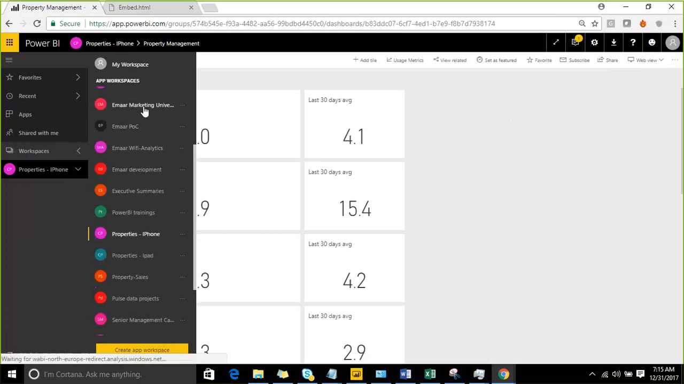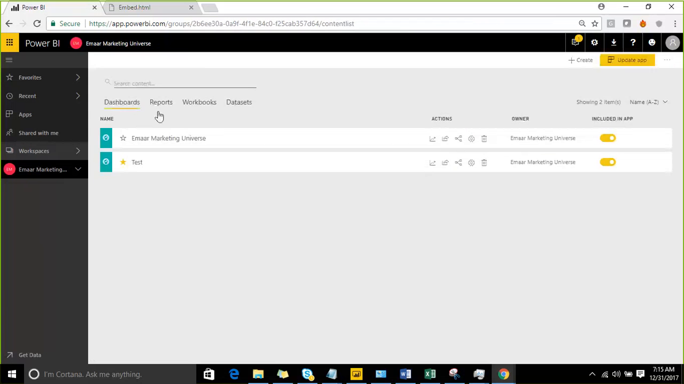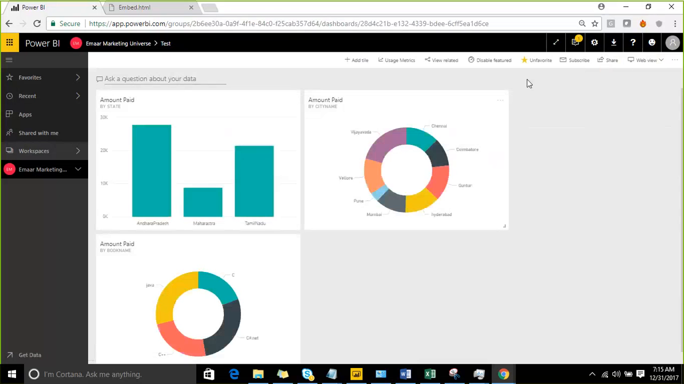Now the other options are phone view, web view is done, and next one is duplicate dashboard. If you want to duplicate a dashboard, you can take a separate copy. Print a dashboard, if you want to print the dashboard, you can. And refresh dashboard tiles. Refresh dashboard tiles is nothing but it is going to refresh the underlying data of the dashboard,